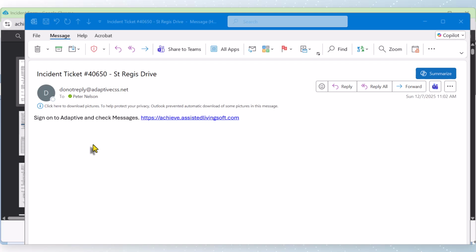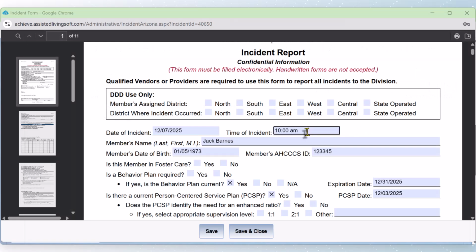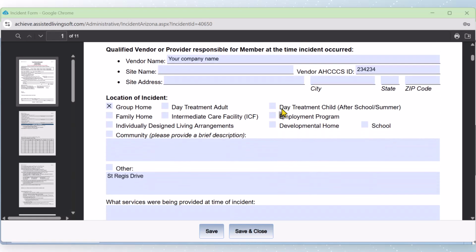This email address is set to receive information regarding any serious incident reports, and an email was sent to this user. So this user now can click on this link and go back to Adaptive Software and can be well informed of the incident ticket that was just submitted. This is our email notification system, and we have incorporated the Arizona Incident Ticket Reporting System to provide email notifications to registered users. I have added in some generic information to demonstrate the functionality of the incident report in PDF